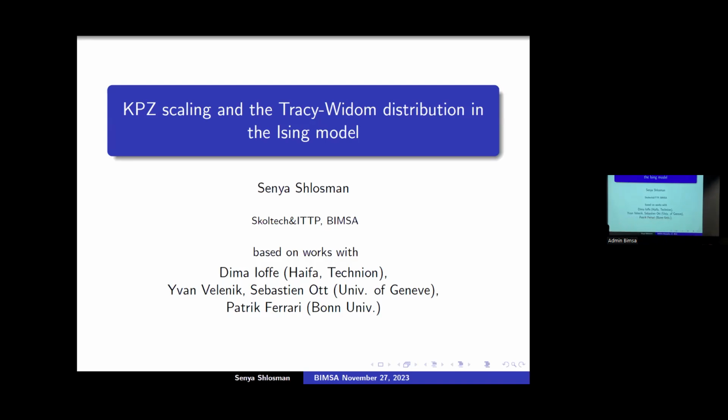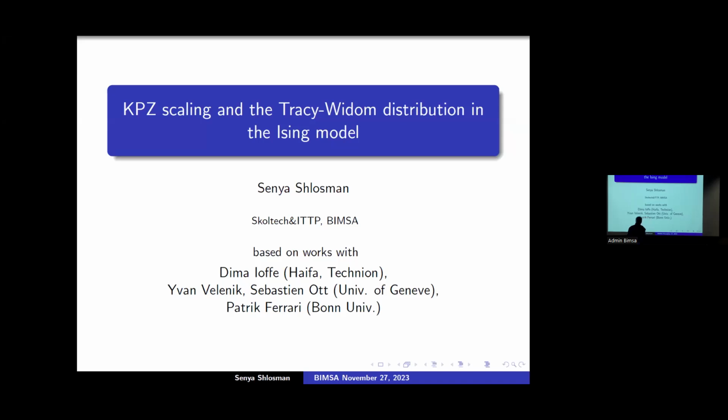So I will start, and you will see that this Ising model has a look of something quite simple and elementary, so you don't expect much of it. But still, as time went, I was surprised to see more and more striking questions about it. What I'm going to tell you is about the connection between the Ising model, which I consider to be something pedestrian, and this Tracy-Widom distribution, which I consider to be quite a sophisticated object. I was very surprised to find out that there is some connection between the two. So this is what I want to explain today.